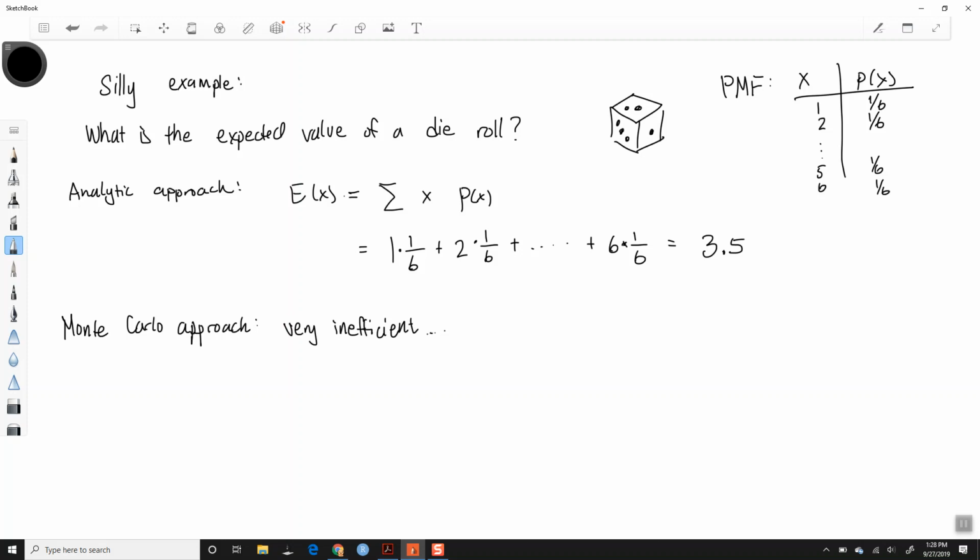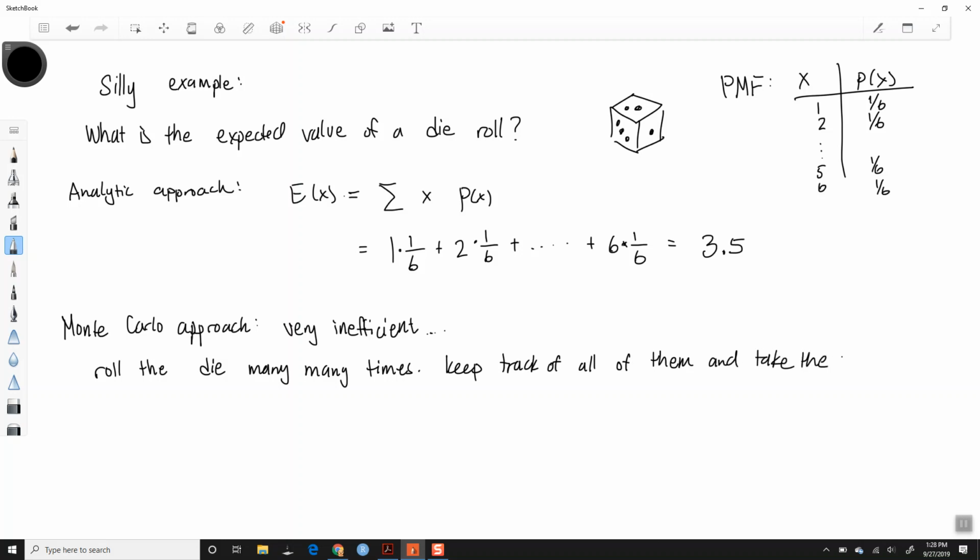Okay, and basically all we do is we just roll the die many, many times, keep track of all of them and take the average. Okay, so maybe after, say, 1,000 die rolls,